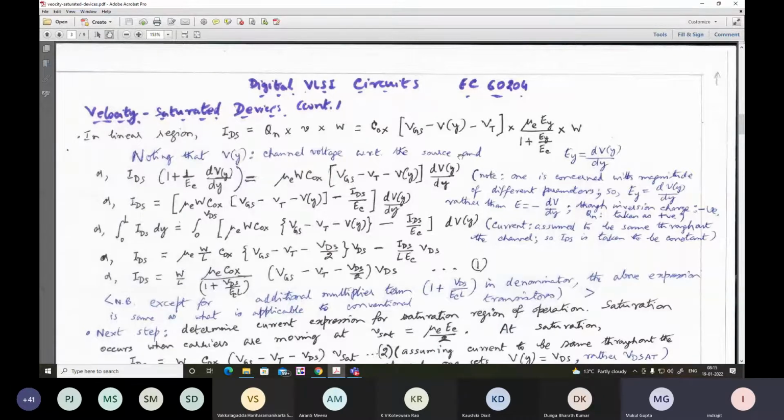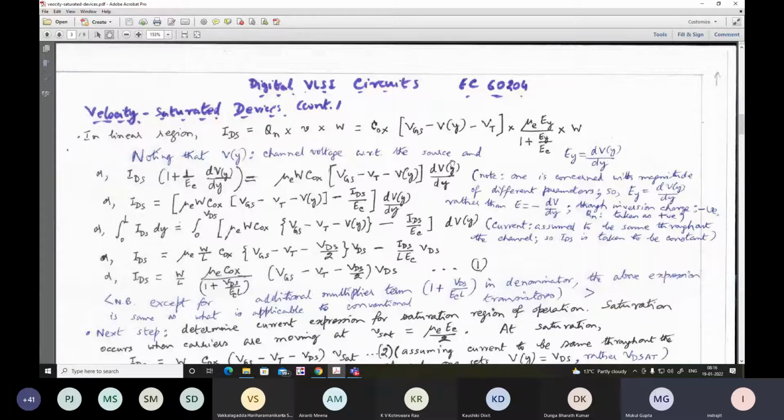Vy varies; you see, V is a function of Y. So reverse biasing effect is least on the source side, so Vy equals 0 there, and at the drain it is VDS. In the channel which lies between source and drain, it will vary. Now VT is the technology threshold voltage. And for velocity, we get the expression, since the mobility as well as the velocity gets limited with respect to the field. So this expression we bring in, and the width of the channel is there.